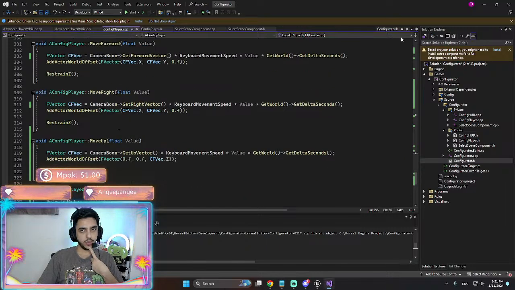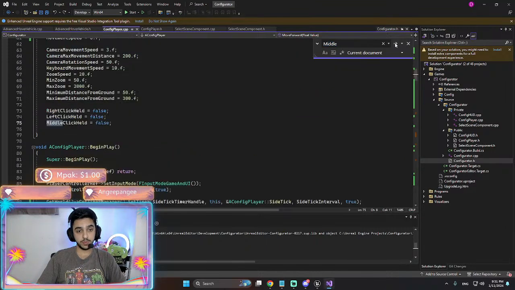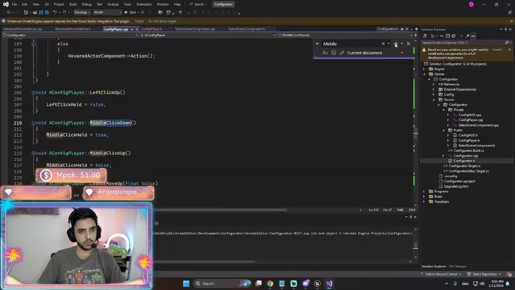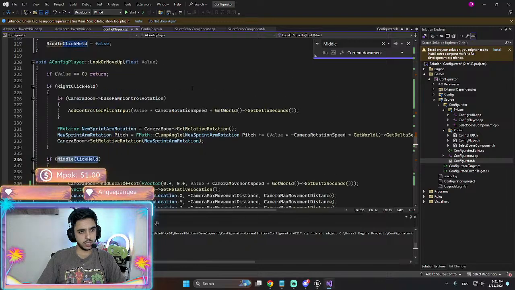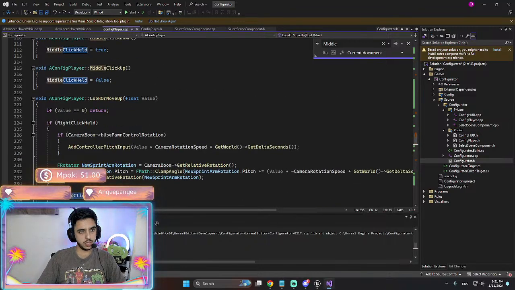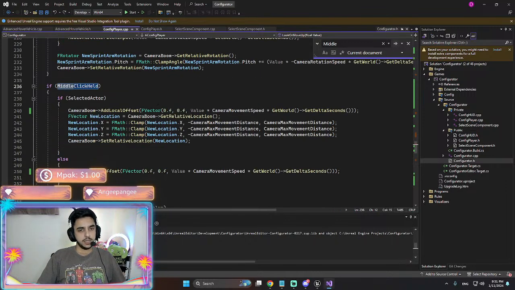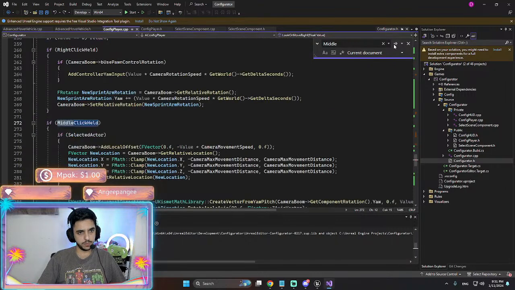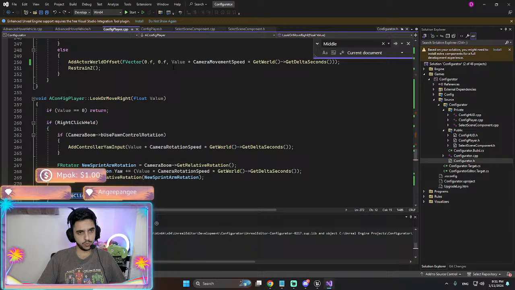I'm looking for middle click up. Yes, maybe this is what I want. No. Look or move right.